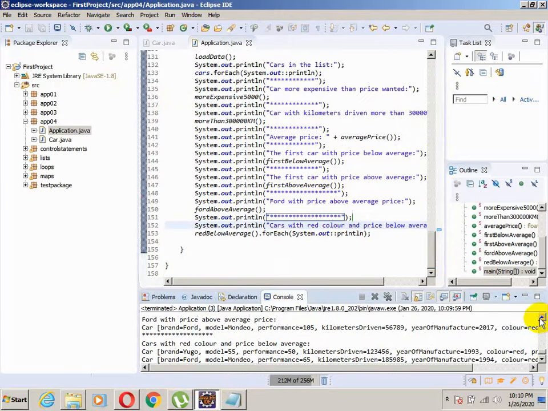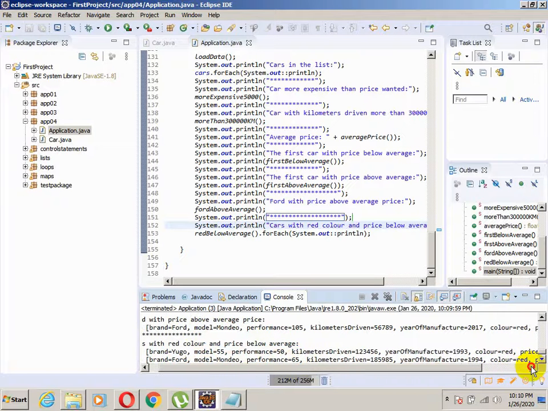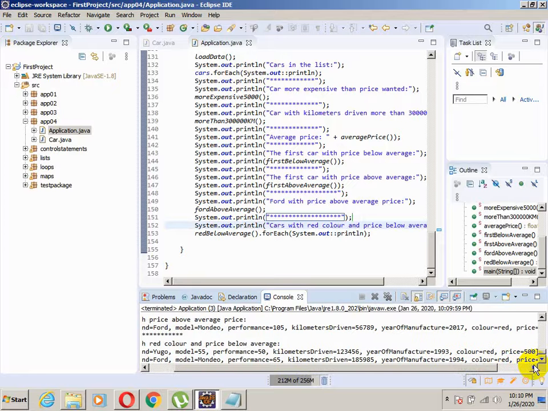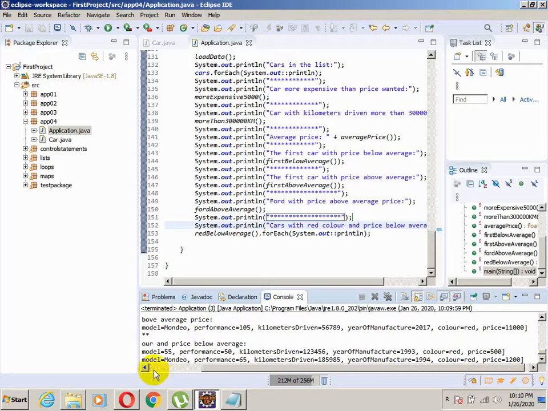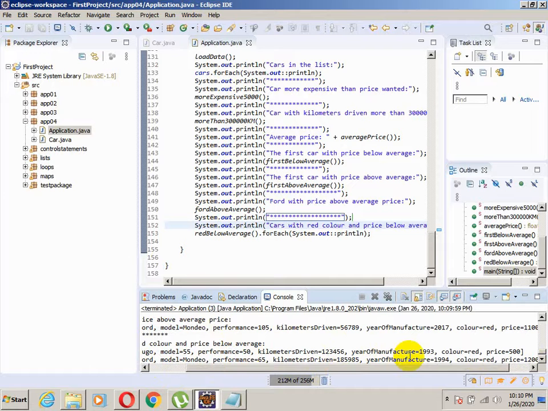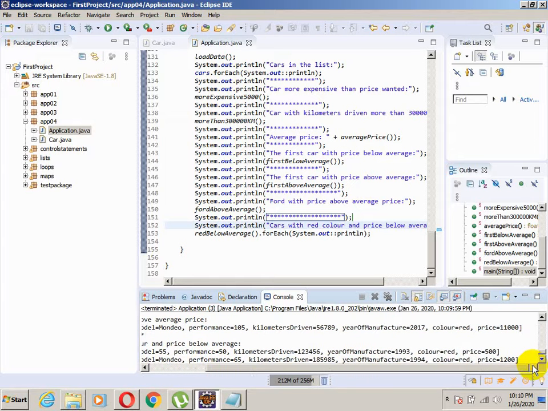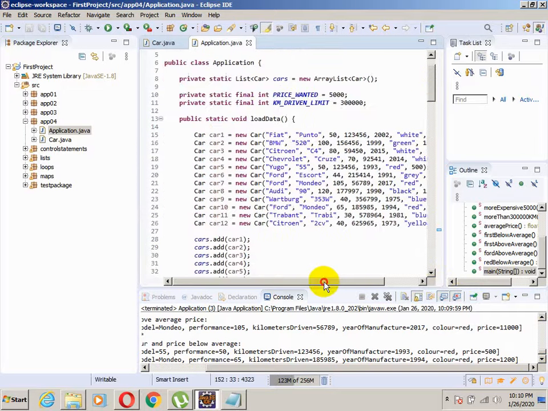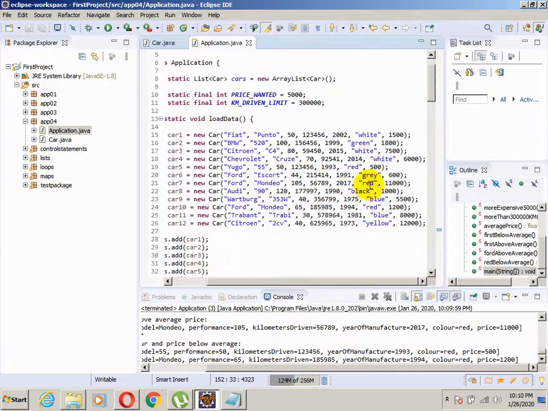Okay, we have cars with red color and price below average. We have Yugo. Okay, Yugo has the red color, and the price is 500. And we have our Mondeo from 1994. Color is red and price is 1200, and I think that works perfectly fine. Let me check, our list is good. We have another, let me see, another red car. Okay, we had this Mondeo